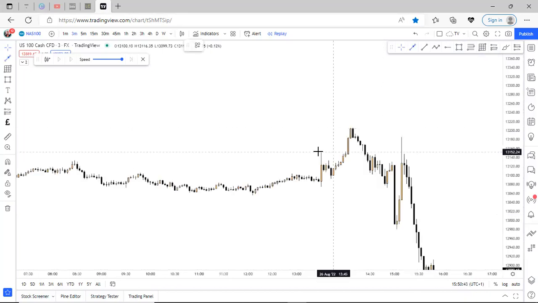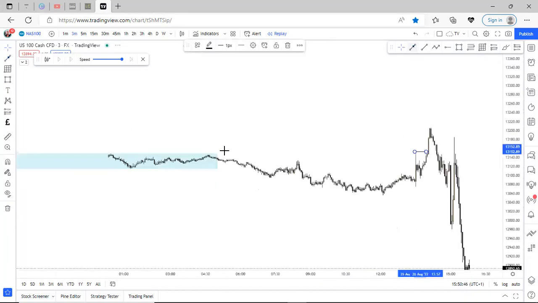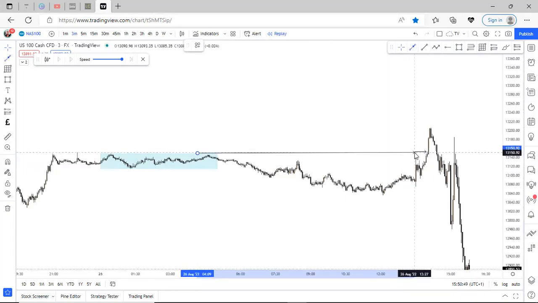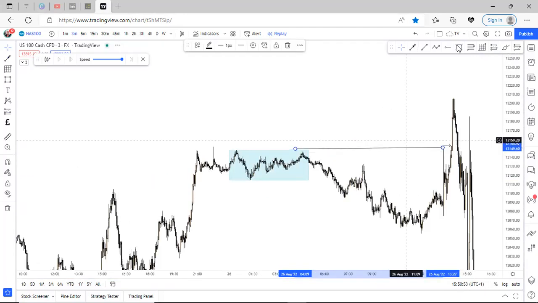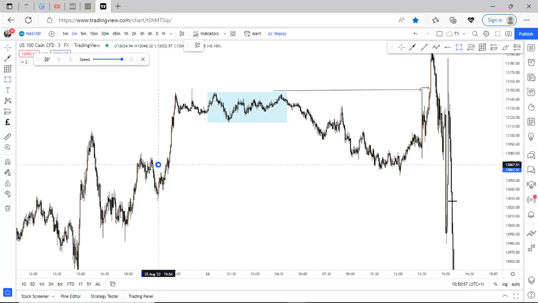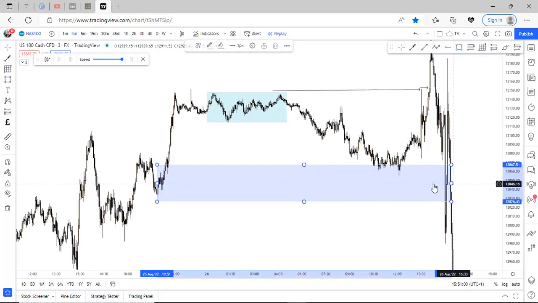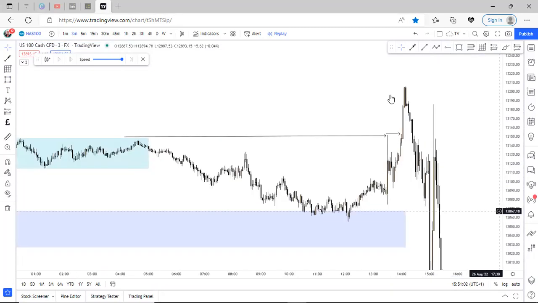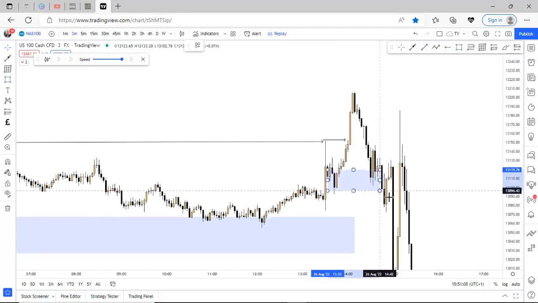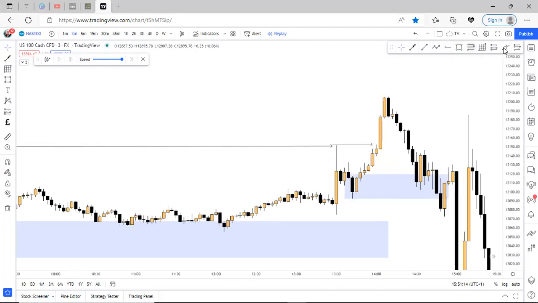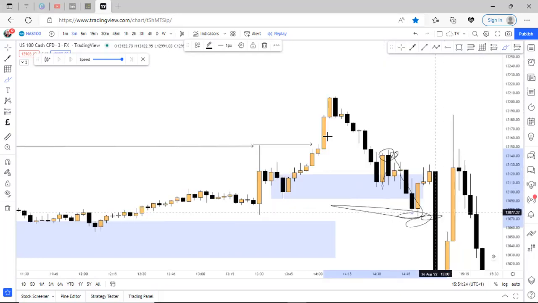So yet again, I saw that this was another break of structure, and the Asian range high has been taken as well. Since we were still reacting off that demand that we have right here, I was thinking, okay, price is just breaking structure and returning back to the demand zone, and that was how I got into another buy right here. As you can see, the market started going in my favor again for a few pips before I was eventually ripped out of the trade at this level.